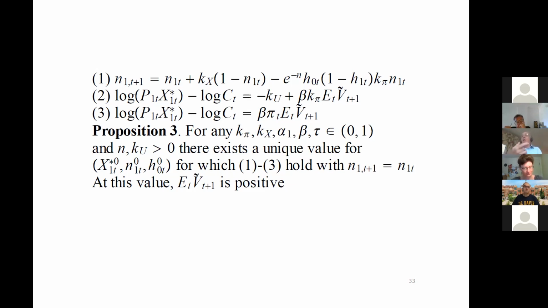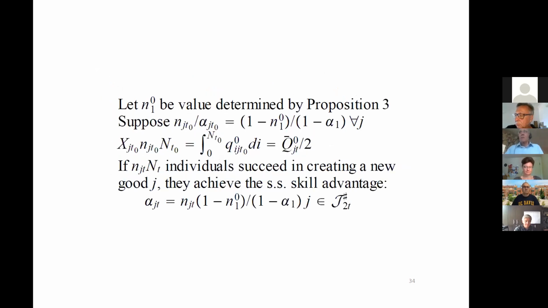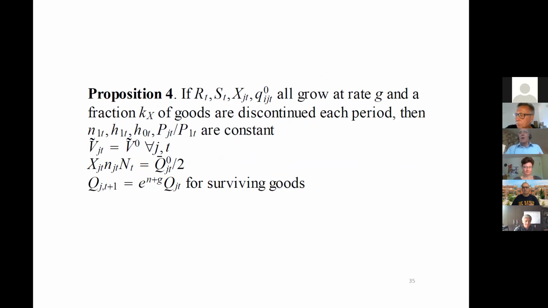There exists a unique fraction along the steady state growth path of the population that's unskilled. There exists a unique cutoff of productivity at which they decide to try to look for something better. And there exists a unique fraction of people trying to create new goods for which all the equations hold. And that's what the steady state growth path looks like. So along the steady state growth path,